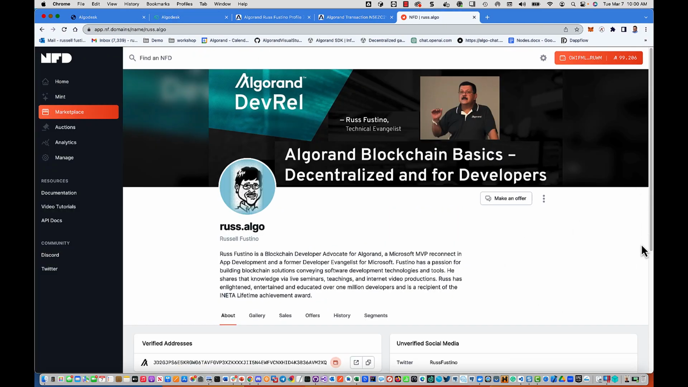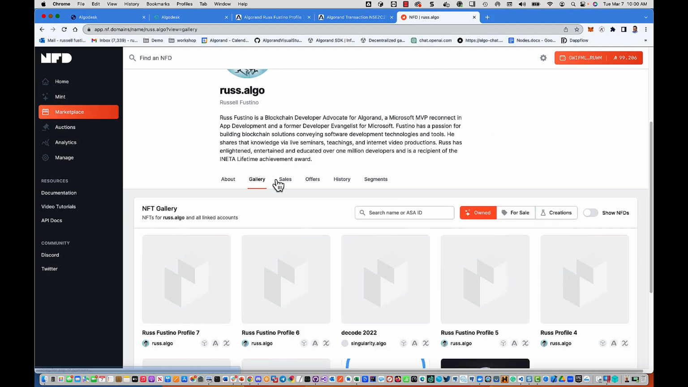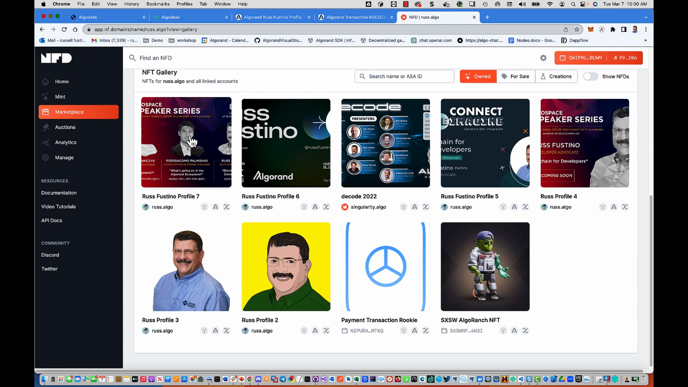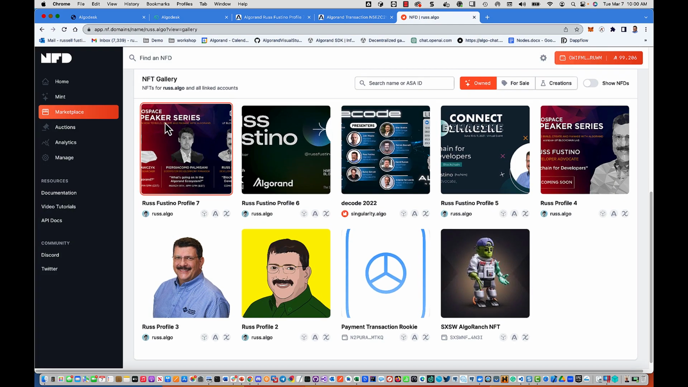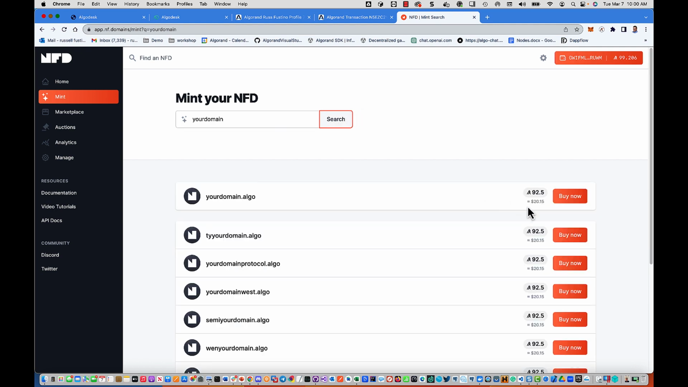Let's take a look at one more tool. This is NFD, or Non-Fungible Domains. A non-fungible domain allows a unique readable name for an Algorand account. And if I look at my gallery, lo and behold, there is the new one that we just put in here. And the way this works is you can mint your own NFD, your domain, and then let's do a search. And there it comes up, and you can see for 92 algos, you can buy that domain, and then